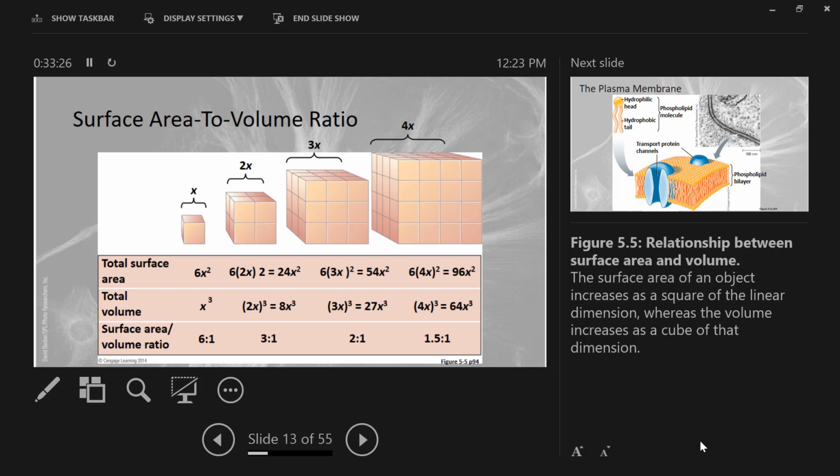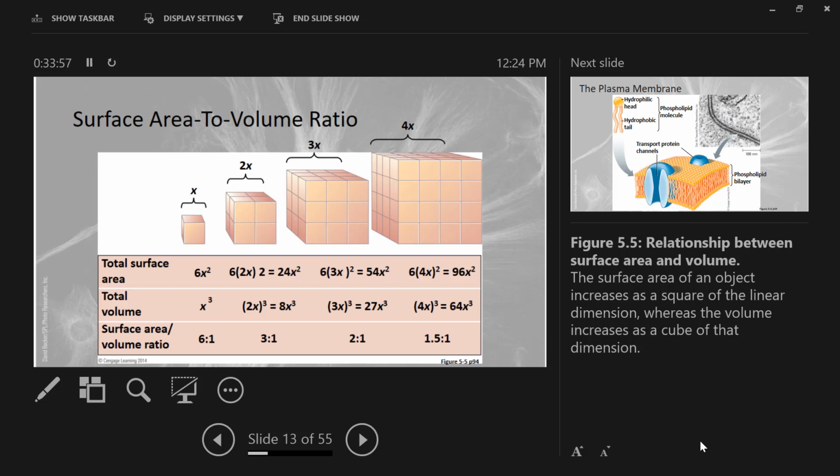And now when we do a ratio of the coefficients, 24 to 8 is actually 3:1. So now our surface area to volume ratio has been cut in half when we doubled the edge size. And why is that? Why is that ratio shrinking? What's growing faster, the surface area or the volume? The volume, right? Our denominator. And the faster that denominator grows, the smaller this gets. Look, by the time that you have quadrupled your edge length, your ratio is now 1.5:1.